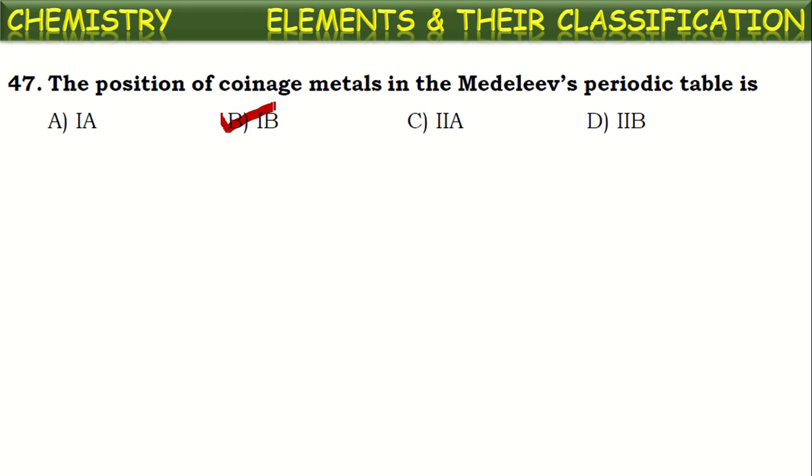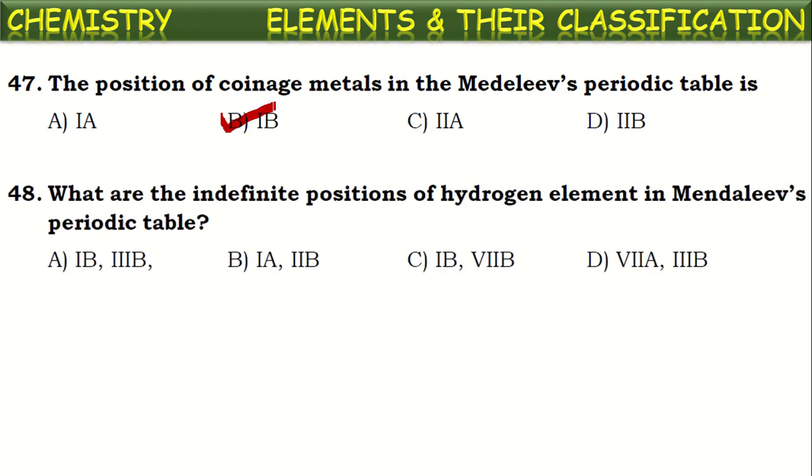That we say as a 11th column or 11th group of the periodic table. Okay. Coinage metals are present in the Mendeleev's periodic table in 1B group. Coinage metals are copper, silver and gold. Why they are called so means they were used for minting coins in the earlier days. Okay. Next, what are the